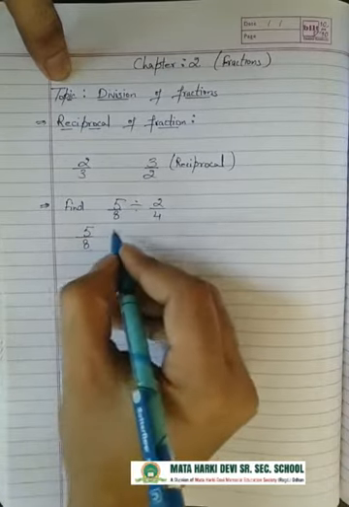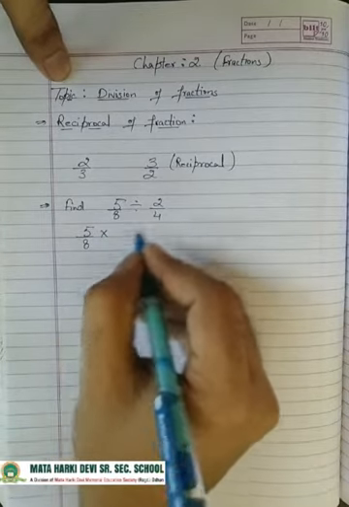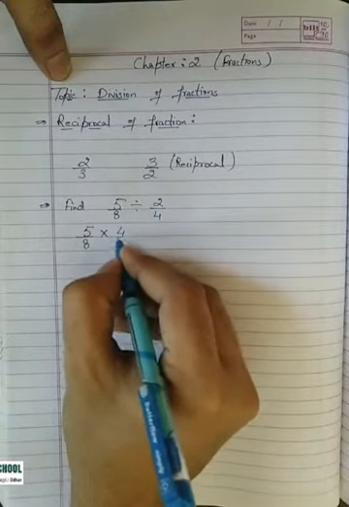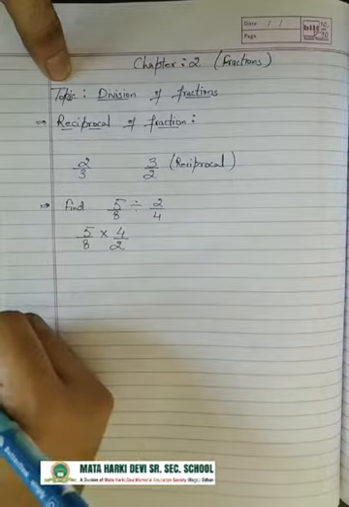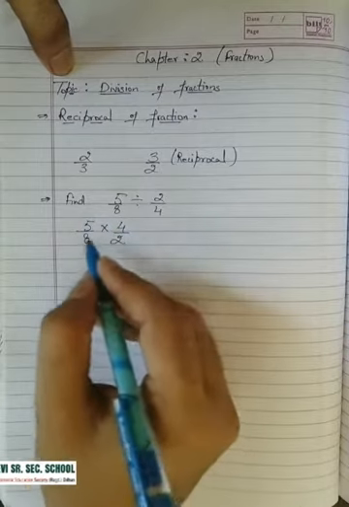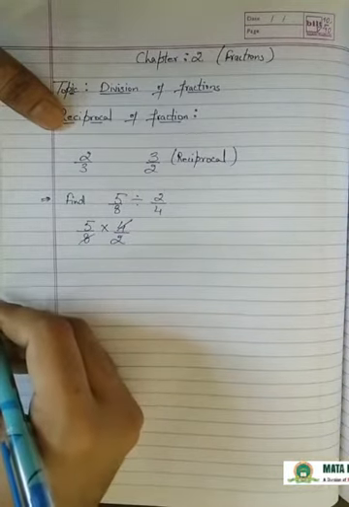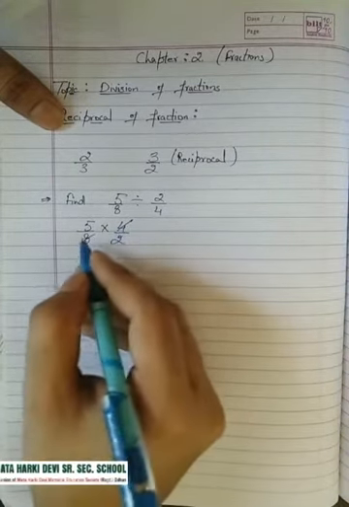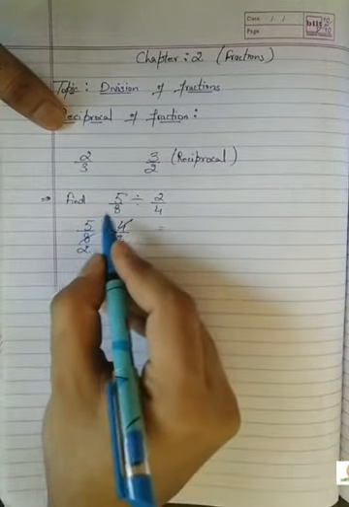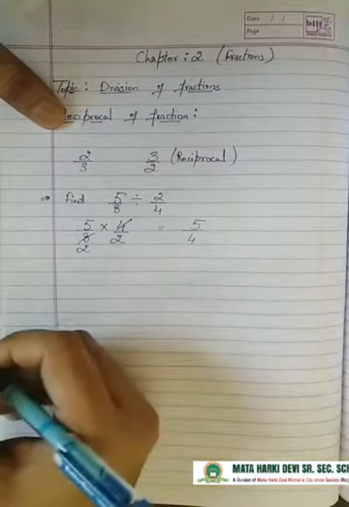The second part is we have to change the division into multiplication and do the reciprocal of the second fraction. This is 4 by 2. So we can also see there is cutting possible in this multiplication of fractions, that is 4 and 8, or you can cut 4 and 2 also. 4 cut by 8, that is 2. So the answer is 5 multiplied by 1, that is 5, and 2 multiplied by 2, that is 4.